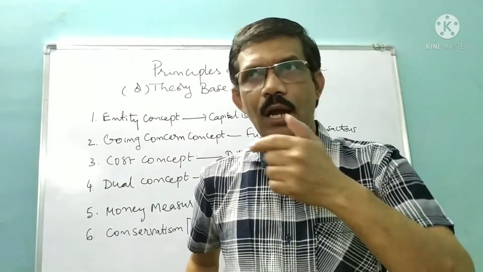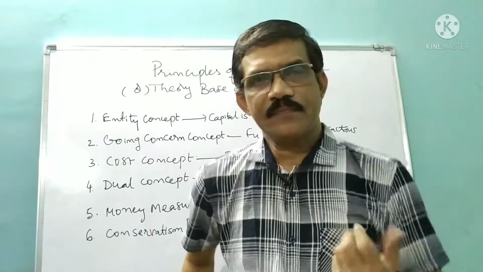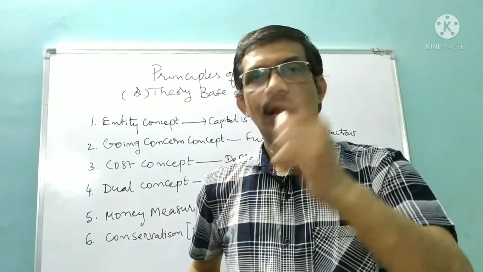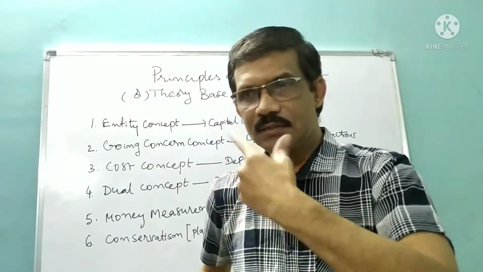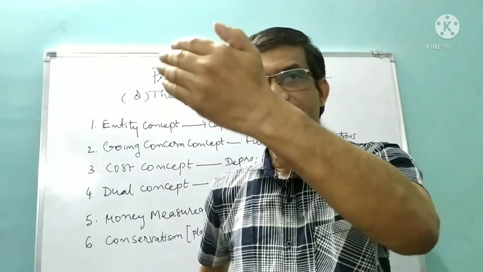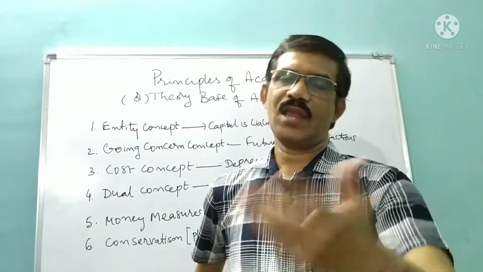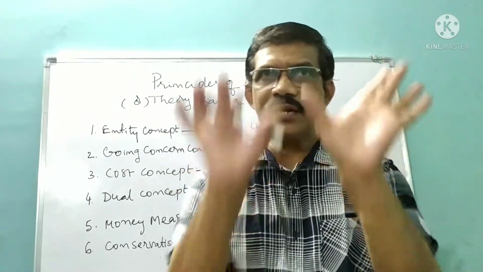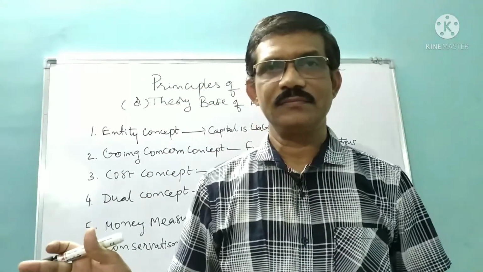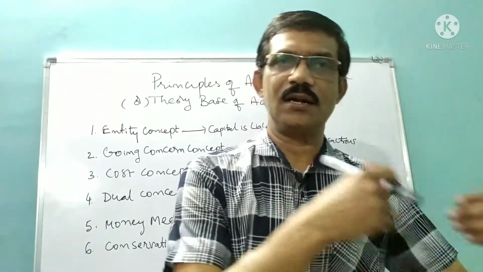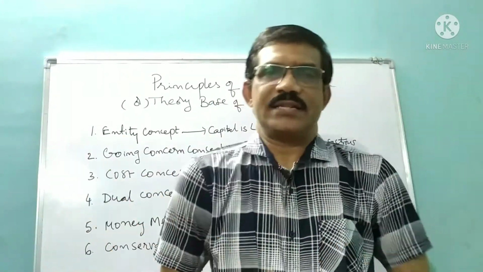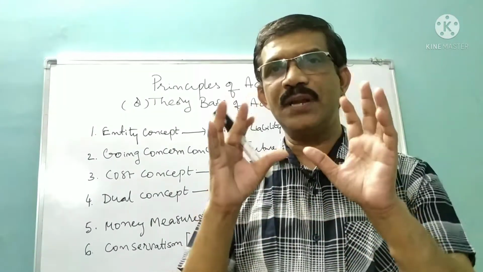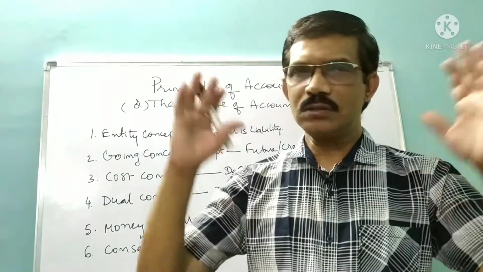Again I am telling you, throughout the country traffic rules are the same. Suppose you have seen a green light, how do you understand it? Is it a green signal to proceed, or is it an indication to stop? Please decide and tell me. Here green signal means proceed throughout the country. It is not that in one state it is stop, and in another state it is proceed. So the principles of accounting also have been developed in order to bring uniformity in the accounting work throughout the world.